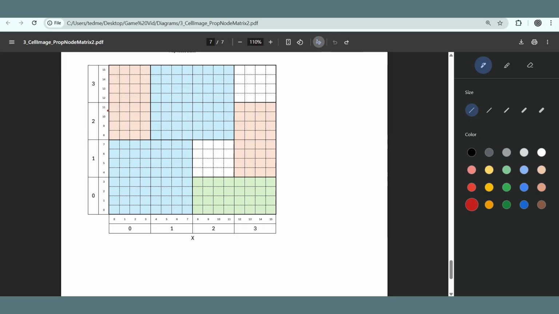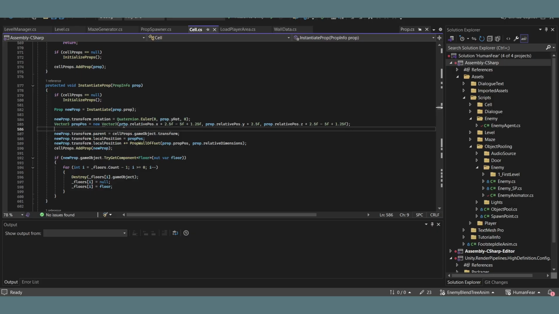Now, because we split up every single cell into 4 smaller prop cubes, we need to convert back into kind of node positions or cell indexes almost. And because each node index is equal to 10 world units, we can then assume that each prop index, which is 4 times smaller than the node index, is equal to 2.5 world positions. So we do the prop's relative position.x times 2.5, and then to explain these kind of offsets,